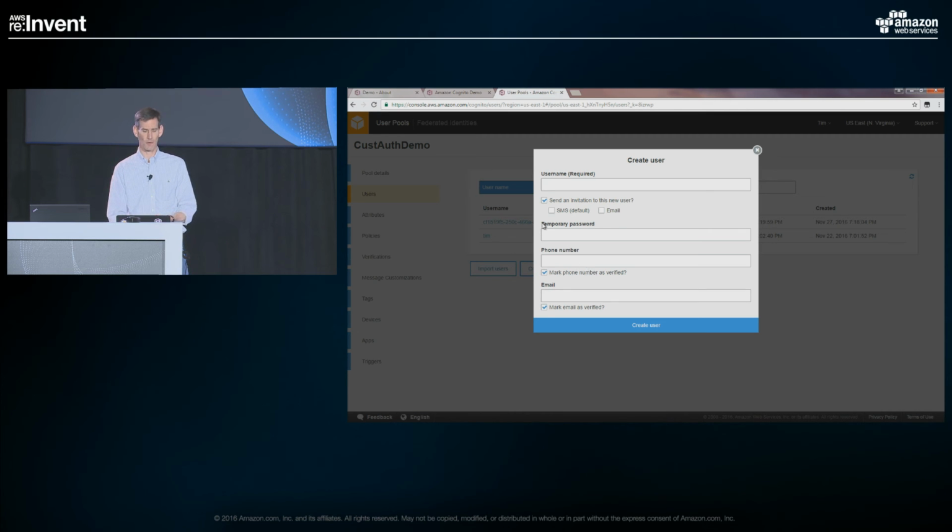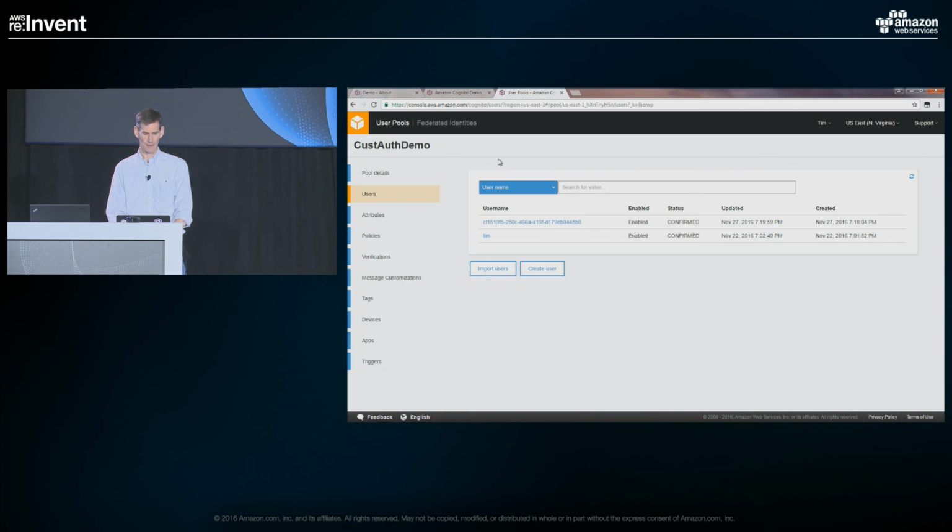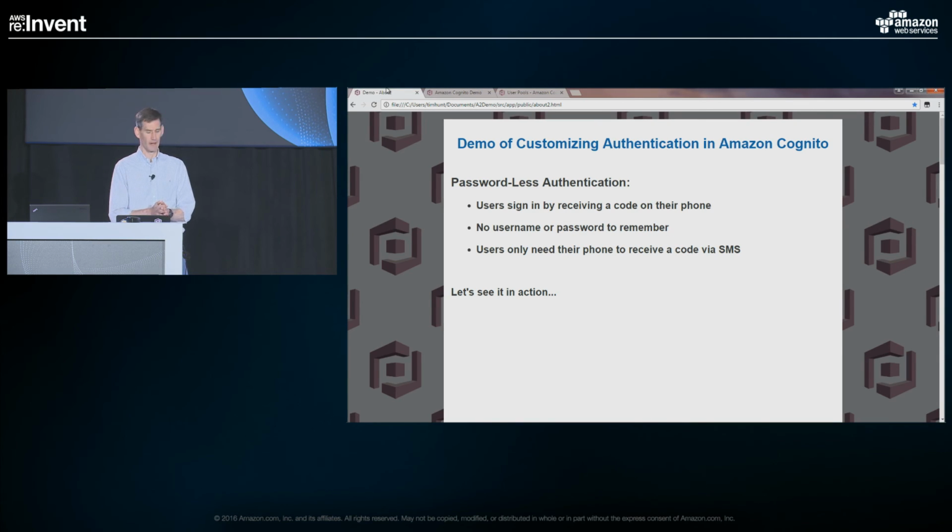Now you can determine whether or not you use out-of-the-box functionality to send that invite. If you remember, I showed you how you can customize that invite too. And that invite would have the username and the temporary password. And the user would come in and they'd enter that temporary password and create a new password and they'd be off, ready to go. So that's a quick showing of how you can create a user as an admin. Okay, so let me go back now and I want to show you some of the code behind this.